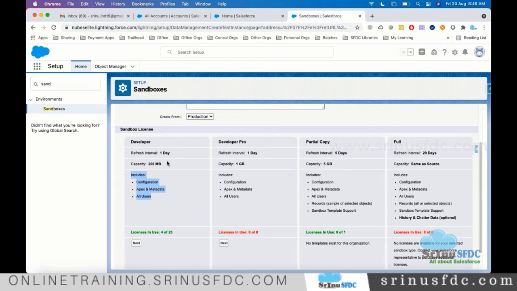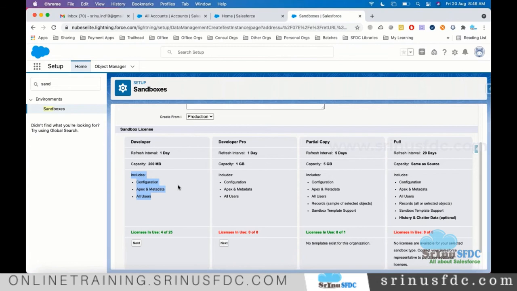And also the capacity is only 200 MB. So let's say the production capacity is 10 GB. But when you create this sandbox, the system limits it to 200 MB. And we have to create our own test data to test the application because it is not going to copy any real data from the production.